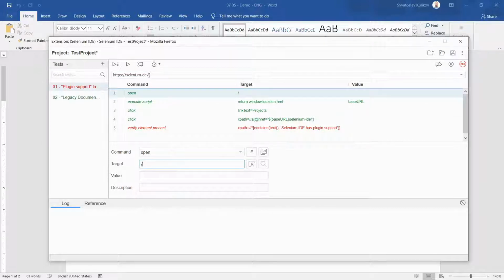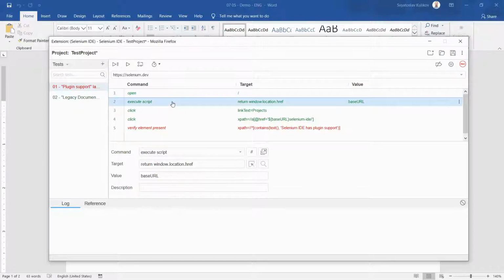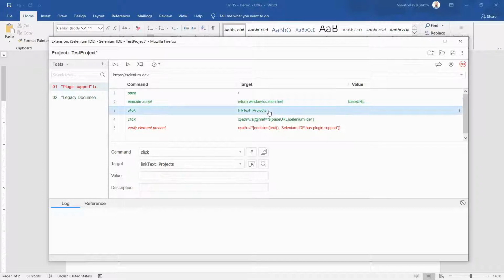So the slash here means just add the slash to the end of this URL and open it. In the second command we are storing this URL in a variable to use it later. Because Selenium IDE does not provide such an opportunity, we have to execute some JavaScript, like returning window location here and saving it in that variable.